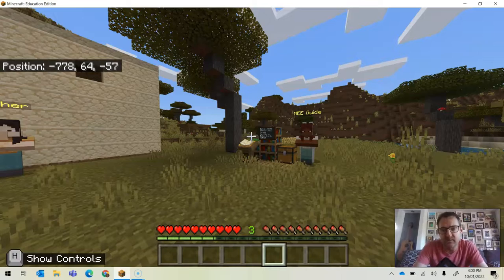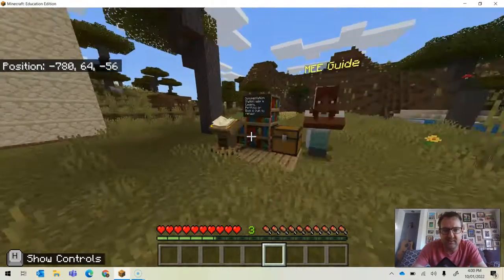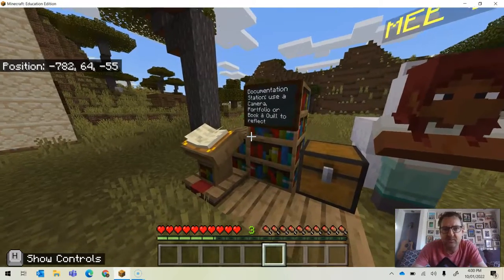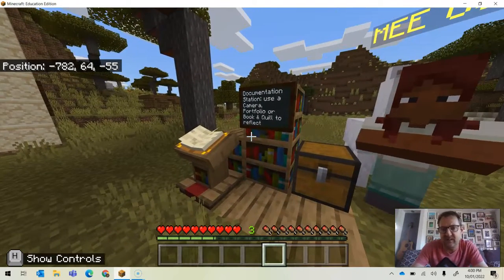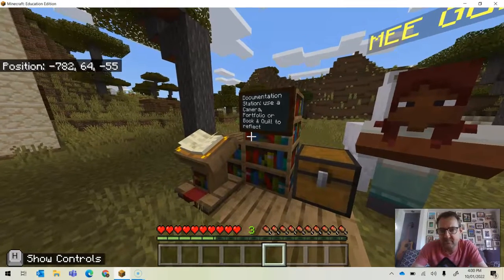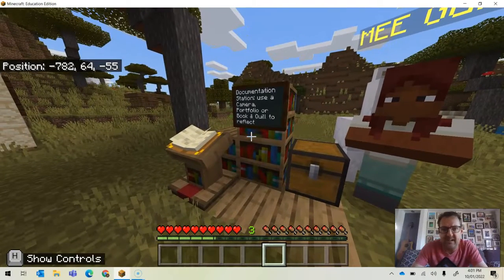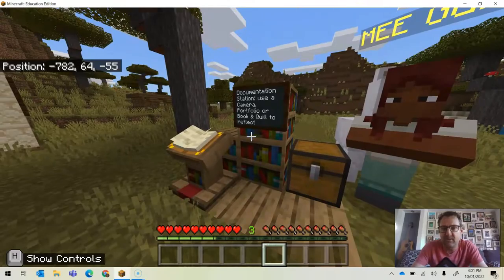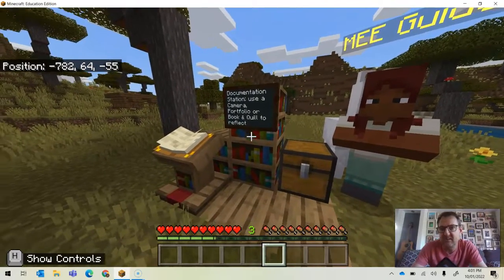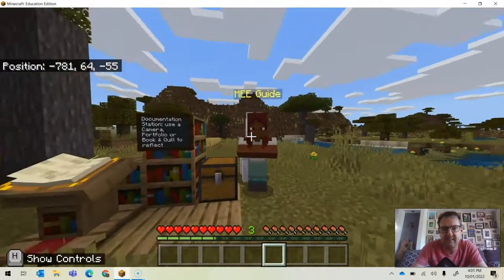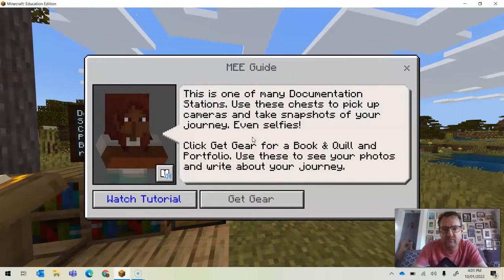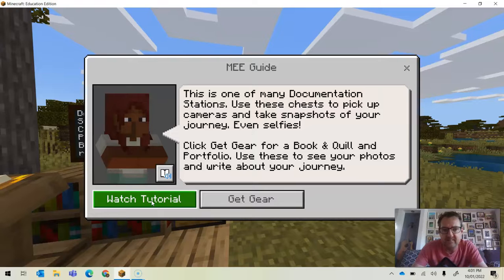And one of the ways that we use Minecraft for assessment is that we give our students in our worlds documentation stations, and that's our way of describing spaces in Minecraft where we give students access to cameras, portfolios and books and quills. So in this case here we have put a guide into the world, and when you right click and talk to the guide, we've given them access to tutorials to learn how to document inside Minecraft,